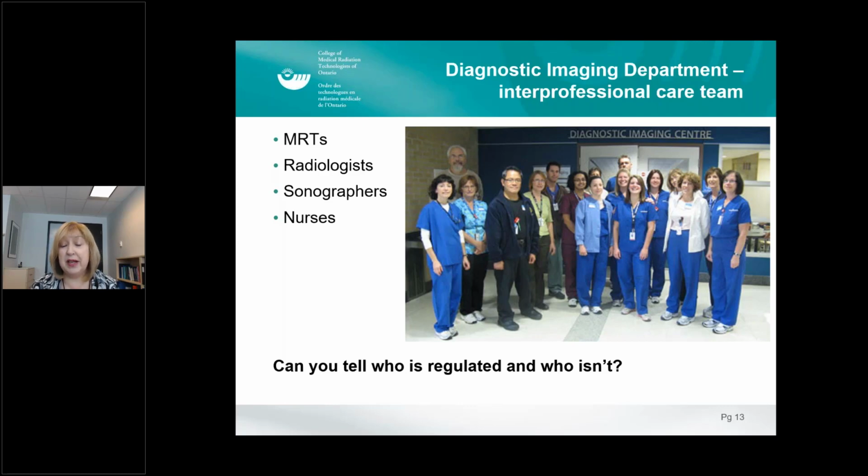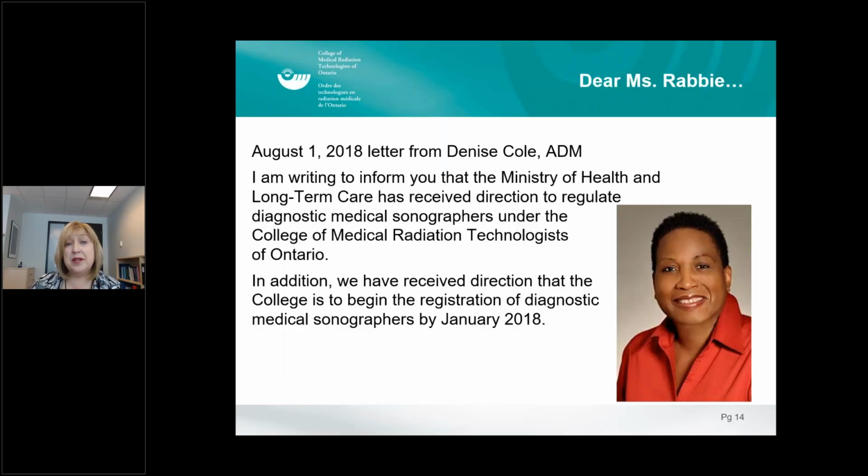But you can't tell who's regulated and who isn't. And certainly the public is unaware that by having an ultrasound procedure, they could be having a procedure done by an unregulated professional, which is not consistent with the regulatory model in Ontario. So in the interest of interprofessional collaboration and consistency of the framework, it was decided, or the ministry decided, to regulate sonographers with CMRTO. And it started, there's been a lot of history, a lot of work been going on,